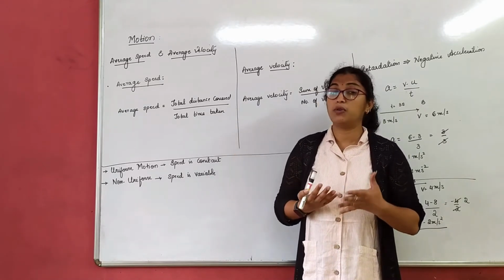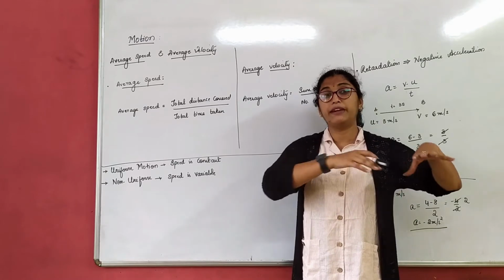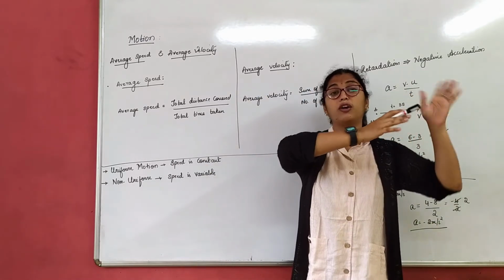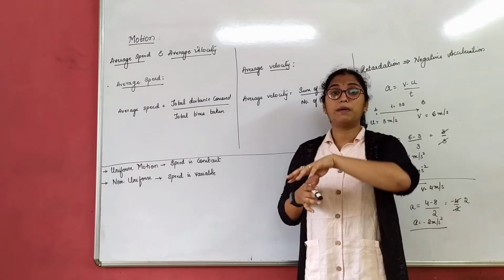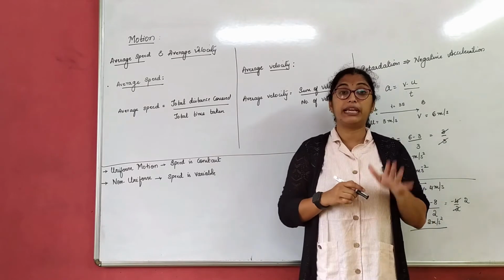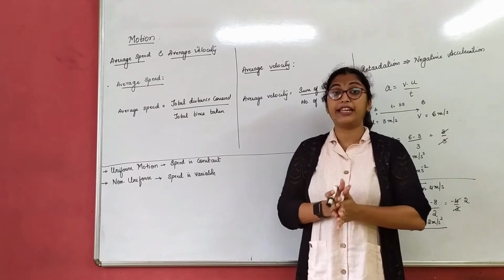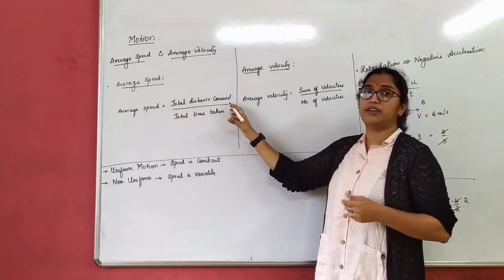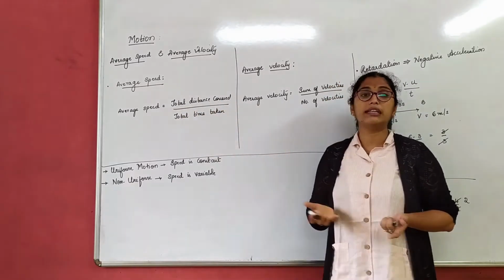Now it depends again on the road condition. From Hubli where you stay, you want to go to the market, from market back to your home, or market to school, school to park. For the distance you cover and the time you take, we have to find the average speed. So what's the formula? Simple. Total distance covered divided by total time taken.